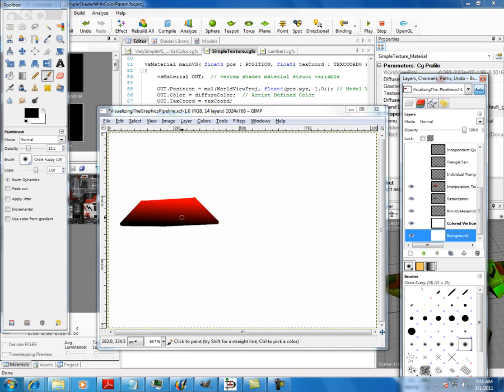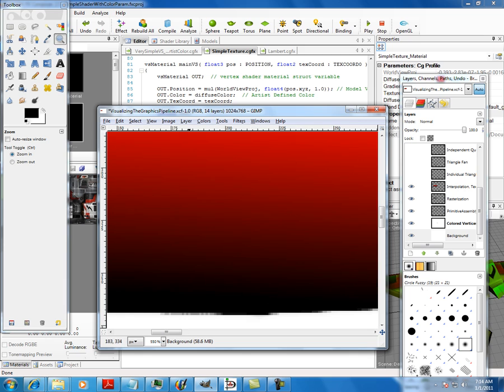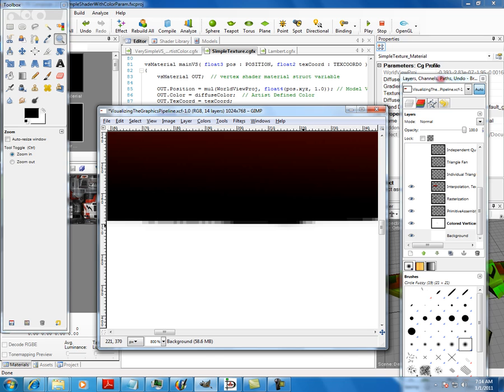So again, the reason why is the precision of a pixel versus the precision of a vertex. Here you've got little vertexes here, here, here, and here. Those are pretty widely separated and far apart. Whereas with the precision of a pixel shader, the reason you're going to get so much better results is look at the size of a pixel. I'm having to really zoom in on it in order to even see one. Look how small they are compared to vertices, whose separation is giant in comparison. So of course, you're always going to get a better result whenever you can do a pixel shader, but it is more costly on the